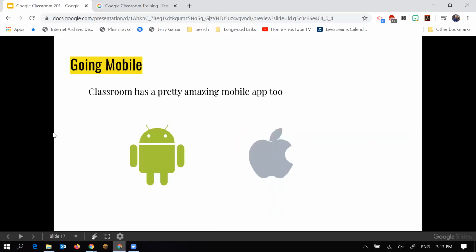And continuing on, both Android and iOS have some really good apps for Classroom that add in some additional features. So one feature is I can pull up a student's assignment and I can draw my feedback directly in there. There is also an option in there to randomly select a student. So you'd pull up the roster and then I think it's like an icon of a dice or something that you can randomly select someone instead of having to have a popsicle stick,